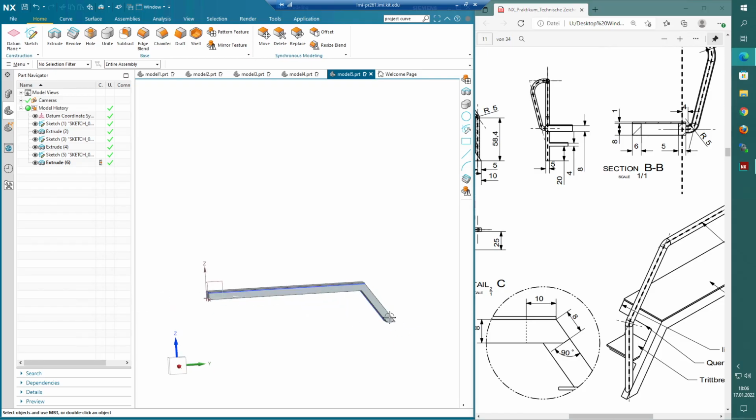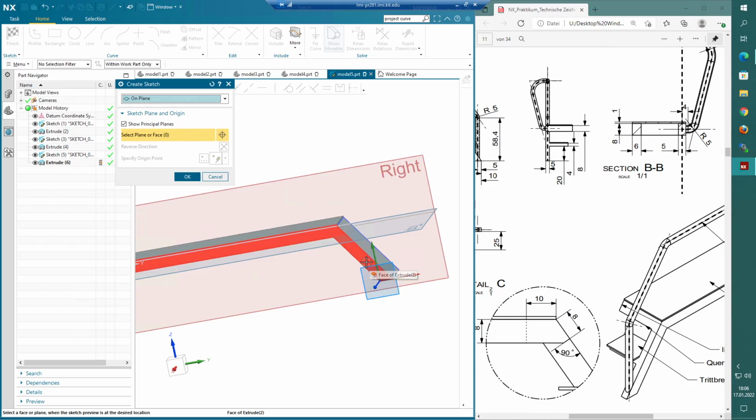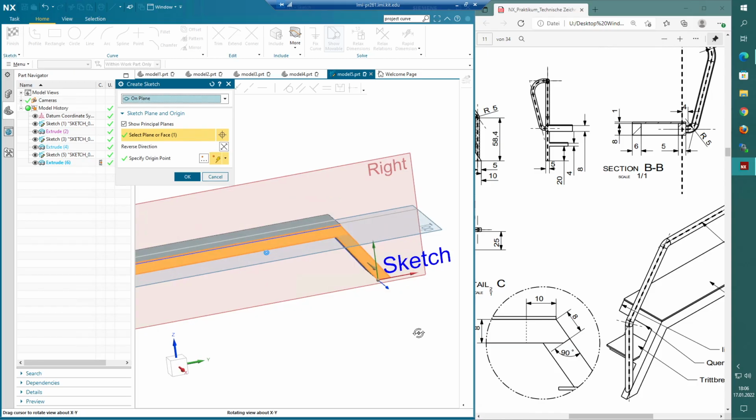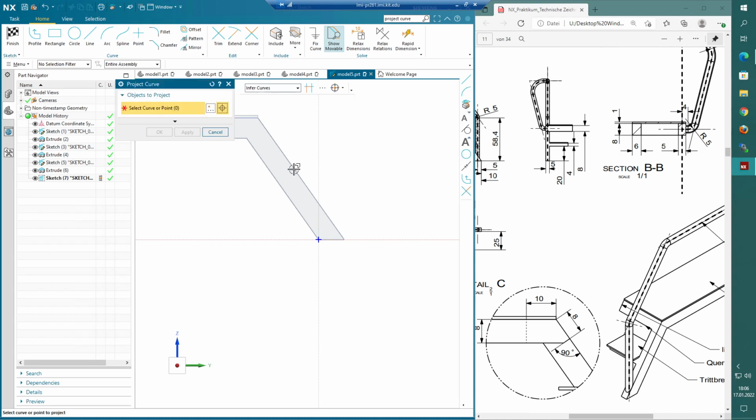So let's start a sketch. And yeah, we need to do it here. Let's start a sketch and maybe select this face right here. And yeah, we can leave the coordinate system where it is, I guess. It shouldn't be that important. Let's see. So we need this line. So let's again take project curve, and right now if I select it, it wants to select the whole